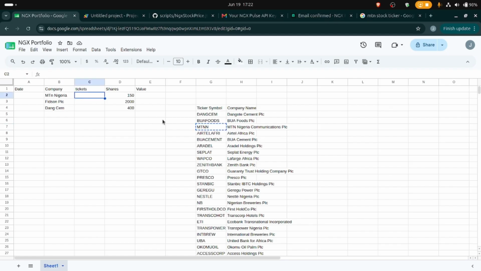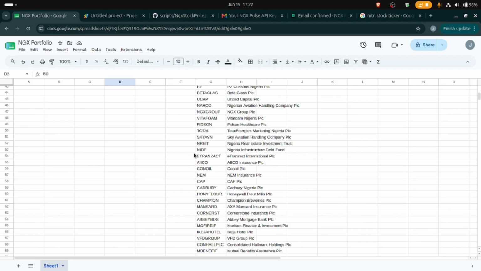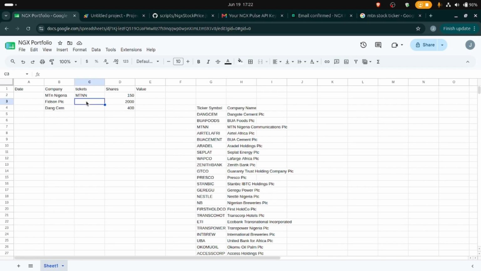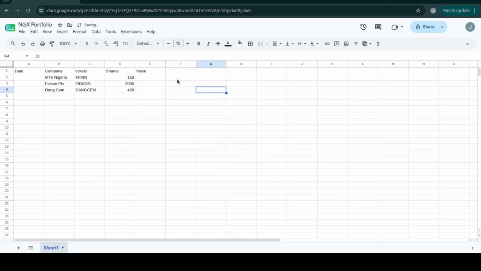So we just can do MTNN, and then for FITSIN it's FITSIN, and then for Dangote Cement we have it here. We just do Dansen. So now we want to get the price for, so I'm done with this, I'll just clear it. Now we want to get the value for each stock, so we just do equals to